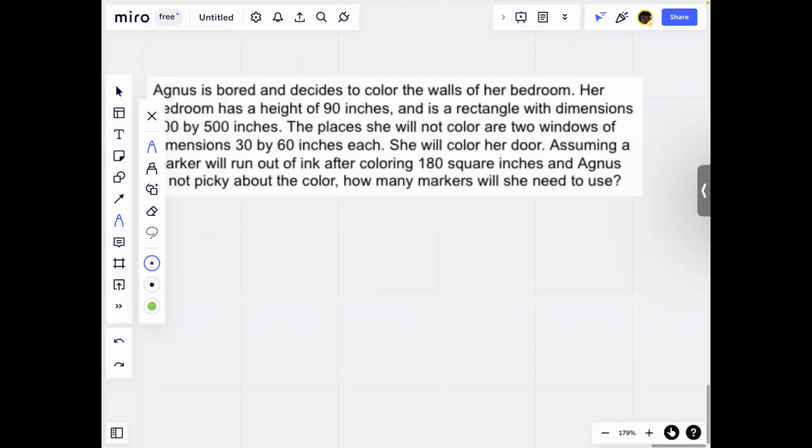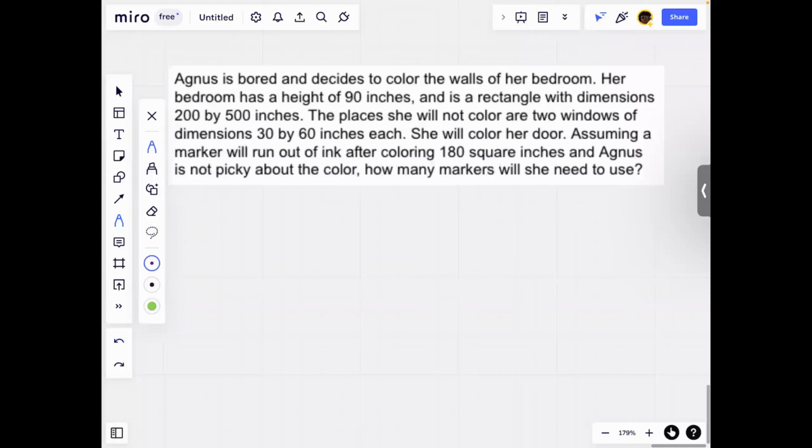Hi everyone, so for today's problem, it says Agnes is bored and decides to color the walls of her bedroom. Her bedroom has a height of 90 inches and is a rectangle with dimensions 200 by 500 inches. The places she will not color are two windows of dimensions 30 by 60 inches each. She will color her door,